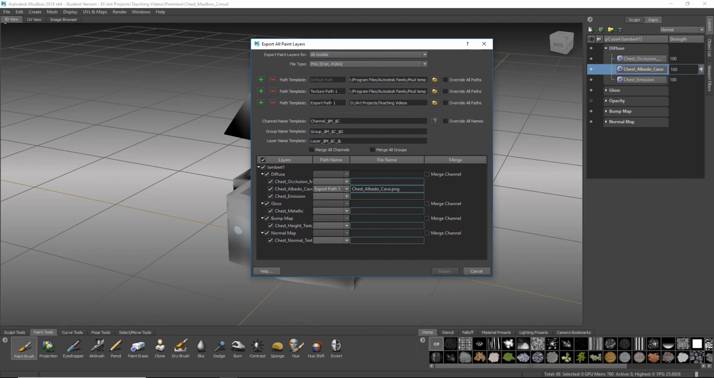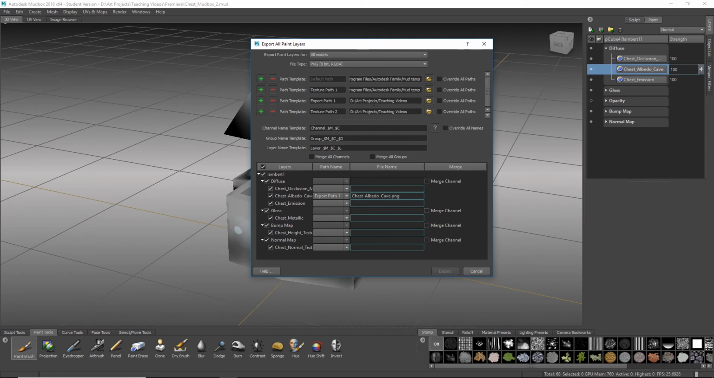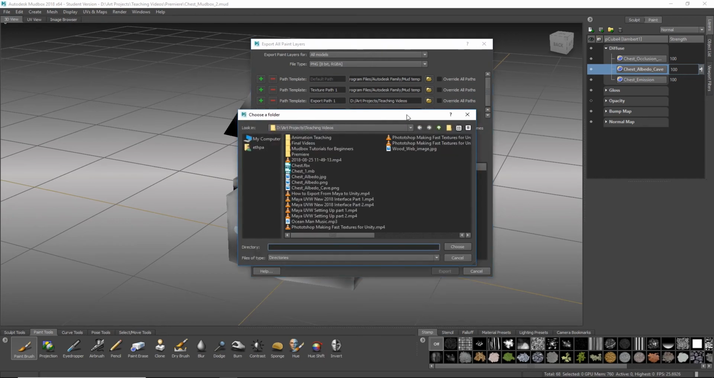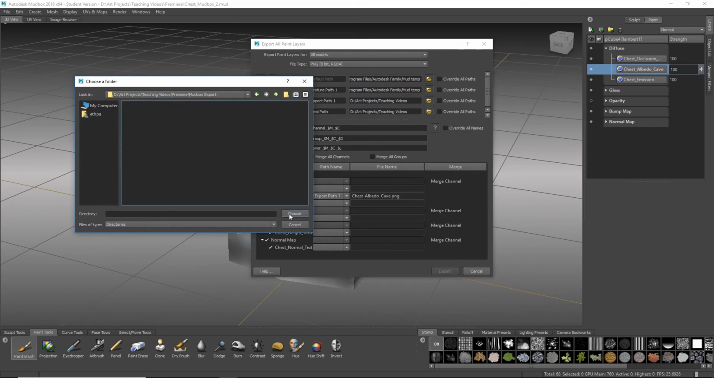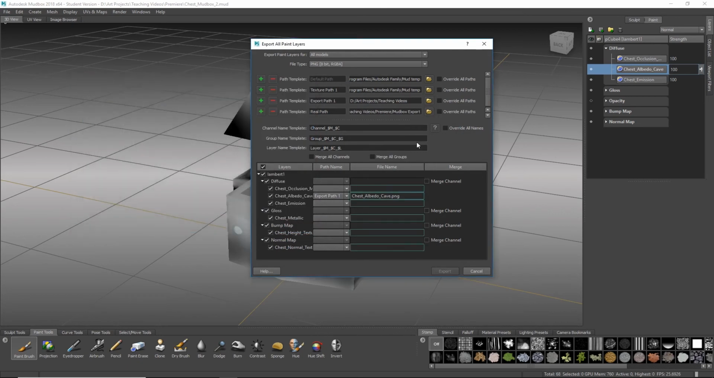format. And then we can see that we can actually make path templates, or different locations that we can save the file to. So I'm going to make another one right here, and call this real path. It's the real deal. And then I'm going to pick where that is. I'm going to choose this, and then